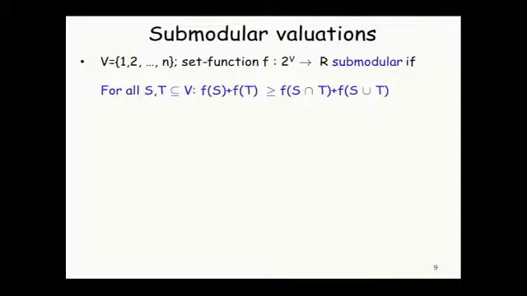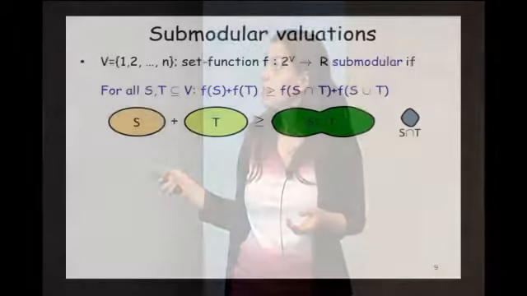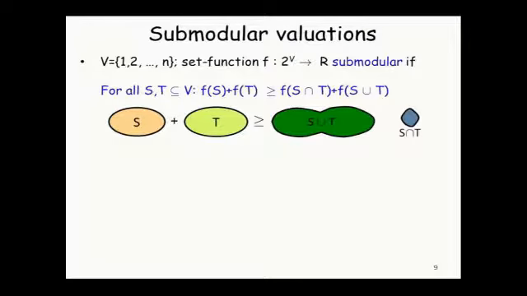All right, so let me start by talking about learning submodular valuations. And actually, perhaps everyone here knows the definition, but still let me go quickly through it. If we are given a ground set V of n items, then a set function defined over all subsets of the ground set is called submodular if for any two subsets S and T of the ground set, we have that f(S ∪ T) + f(S ∩ T) is upper bounded by f(S) + f(T).